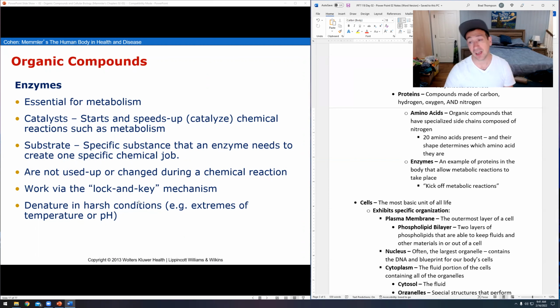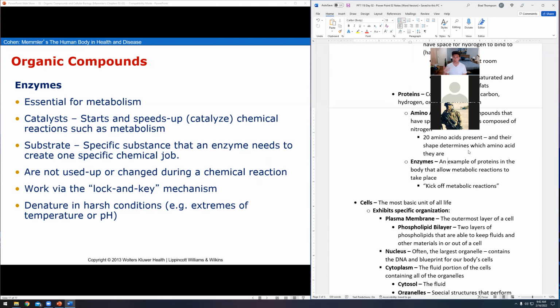It works, we call it a lock and key mechanism, which is why my favorite analogy to describe enzymes is it's kind of like the key to your car, right? The key to your car is what starts your car, but it doesn't have any gasoline, right? It doesn't have any energy. Well, that's kind of how an enzyme is. Enzymes don't have any energy, but they do initiate the explosions that would take place to drive your car, right? That's kind of how enzymes work. So your body needs to make enzymes regularly in order to do all the really cool chemistry of daily living.